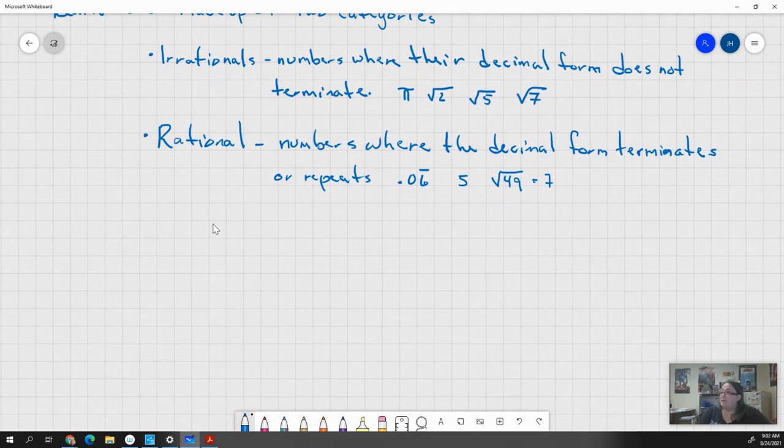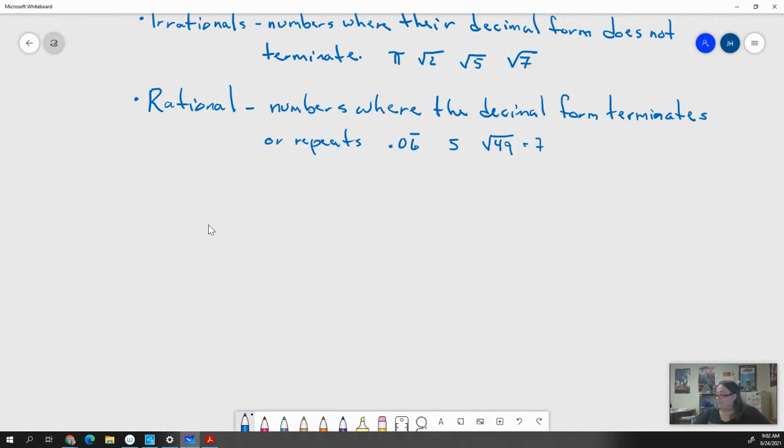But the rational numbers have subcategories. Very exciting stuff. And we'll talk a lot about the subcategories today, and then we will never talk about them again. Also, rational numbers, the reason they're called rational is because we can write them in the form of a fraction, right? So we have the subcategories which would be the natural numbers,